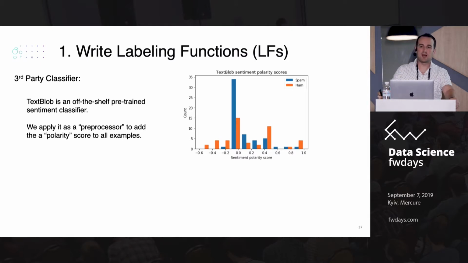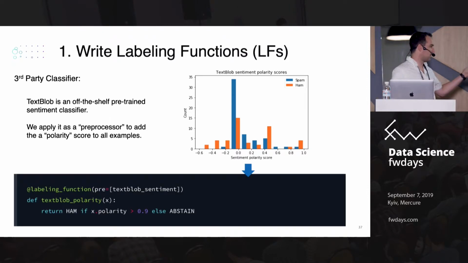classifier. And when I applied this to our data set, I found that there's a different distribution between the ham and the spam comments. And so even though sentiment analysis is a different task than spam classification, there's some similarity there that we can take advantage of as a labeling function. So we wrote one that said, if the polarity score is greater than 0.9, go ahead and call it spam, or ham, otherwise call it spam, just because that's one area where we saw that there was a significant difference